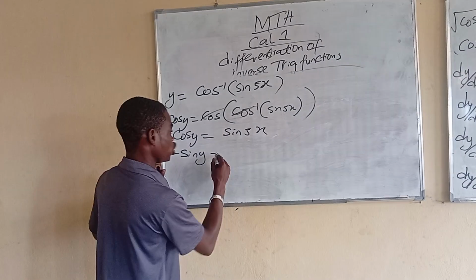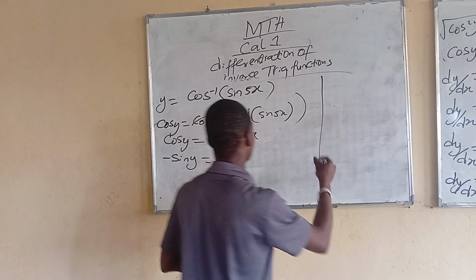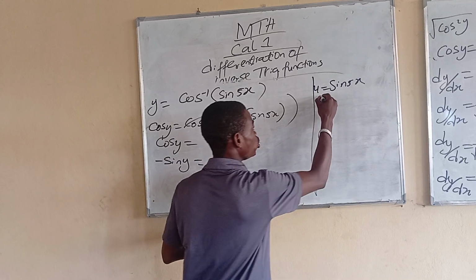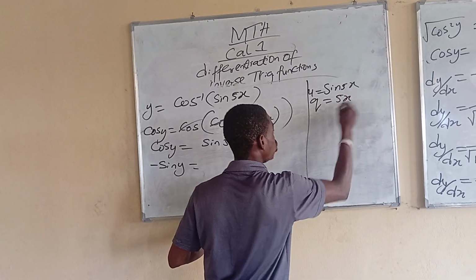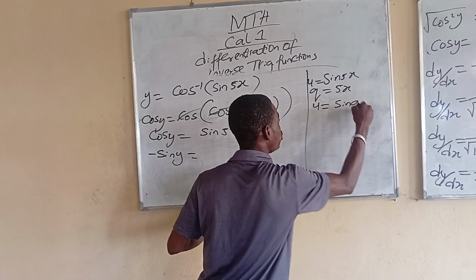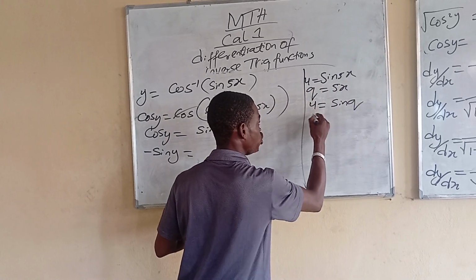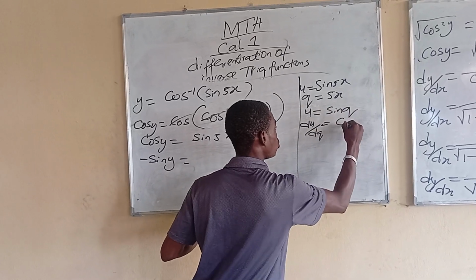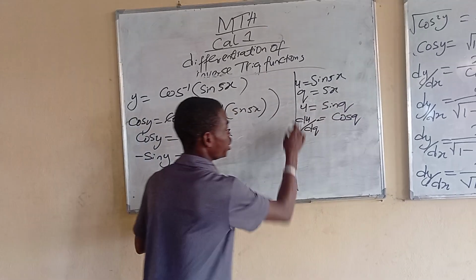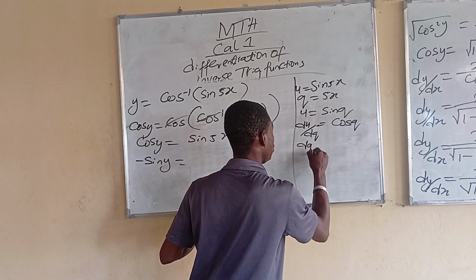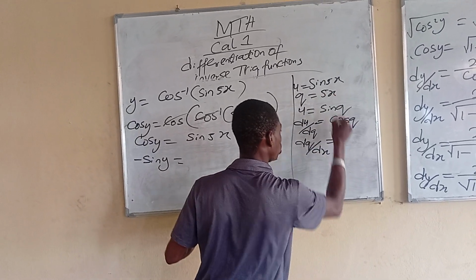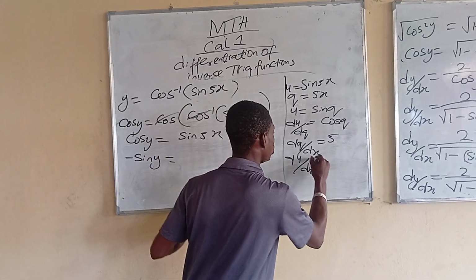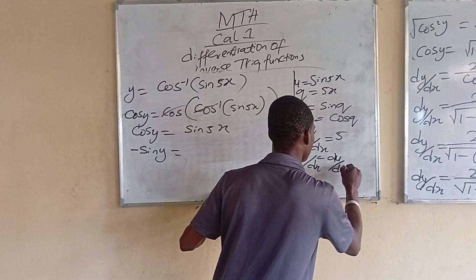Please note that using the chain rule, let me highlight it somewhere here. For example, u equals sine 5x, right? So you can call q 5x so that u will be equal to sine q. Now let's find du over dq. The du over dq equals cos q. Alright? Let's find dq over dx. The dq over dx equals just 5. Right? So using the chain rule, your du over dx is going to be equal to du over dq